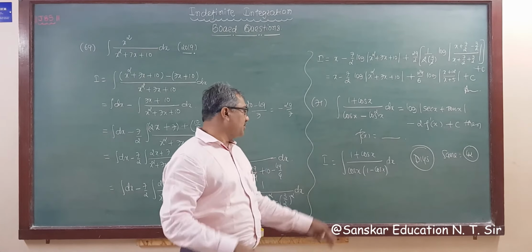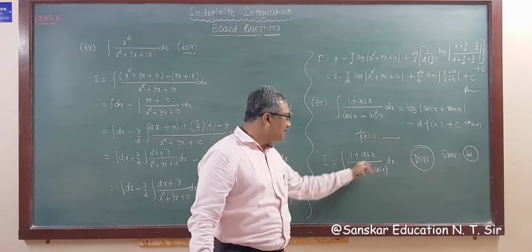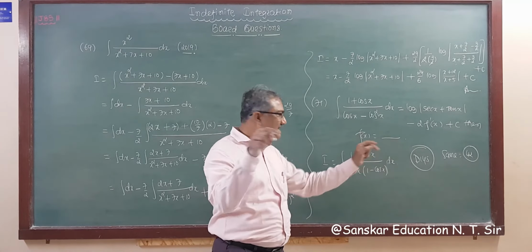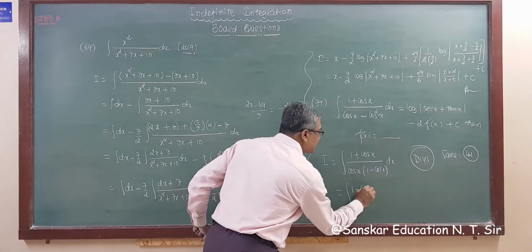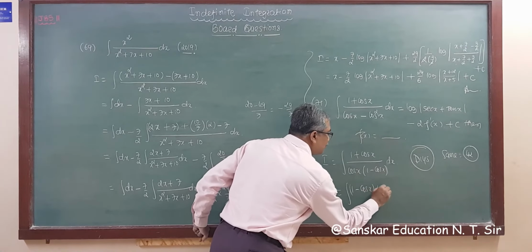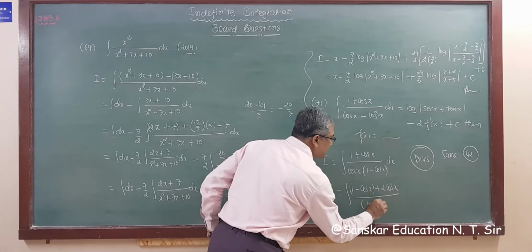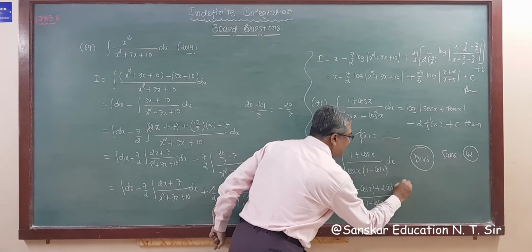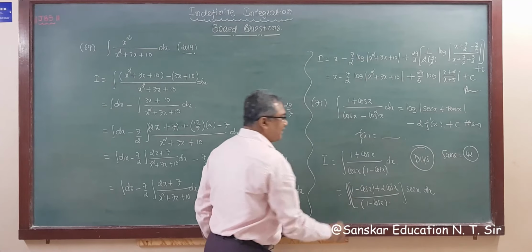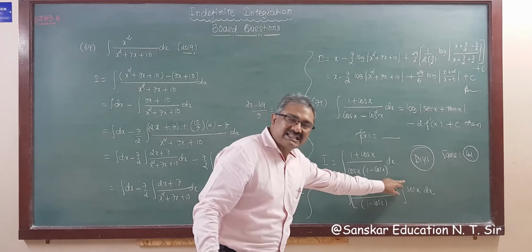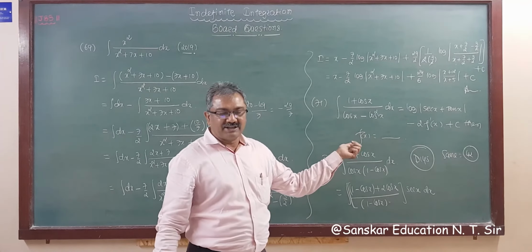In question number 42, it is 1 minus cos x upon 1 plus cos x, and instead of 1 upon cos x, there is a sec x. So you have to adjust 1 minus cos x here. So what you have to do? Integration of 1 minus cos x, plus 2 cos x. So you will get 2 minus 1 is 1, whole upon 1 minus cos x into 1 upon cos is sec x dx. So now this is your question number 42, but there it is plus, here it is minus, right? So just change, so do it yourself and get your answer.